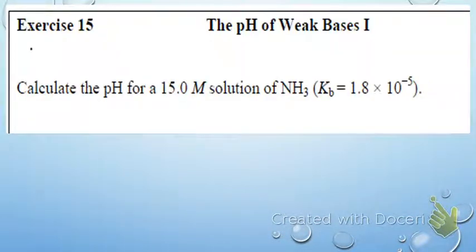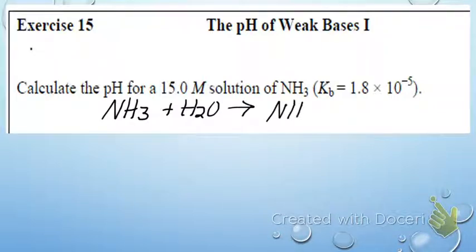Okay, so here we're going to calculate a pH for a 15 molar solution of NH3, and it gives you our Kb value. Did you notice the Kb value for ammonia is the same as the Ka value for acetic acid? It's weird. So they're actually pretty easy numbers to remember. I don't know why they're the exact same, but they're totally different. So we're going to go back and do the RICE table just so we can refresh our memory. So NH3, we're assuming the water is there. We can put it in there if you want. That way you know where the hydroxide comes from. It's going to give you NH4 plus